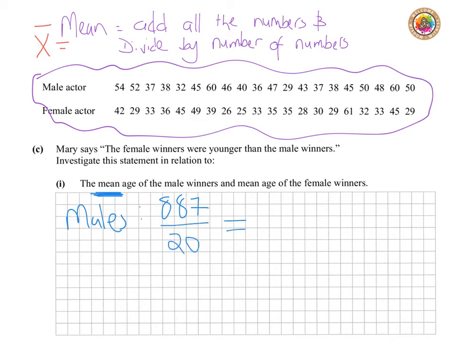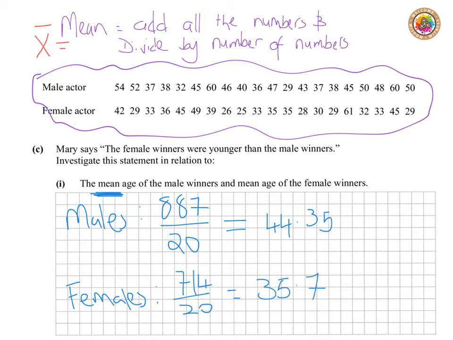So I get a mean for the males of 44.35 and for the females, my mean or x bar, well, similarly again, I add all together, so 42 plus 29 plus 33 and so on until I get a total of 714, and I divide that by 20 and that gives me a mean age of